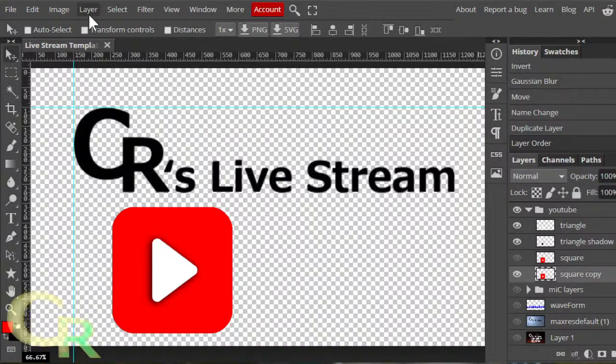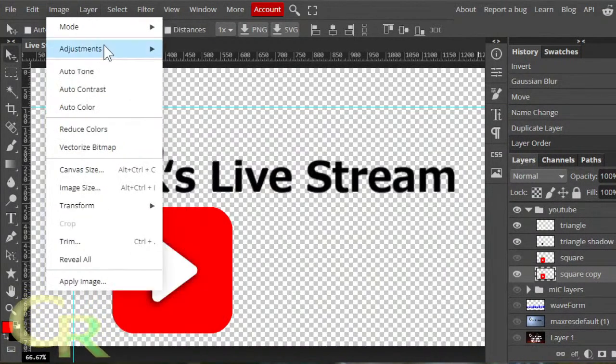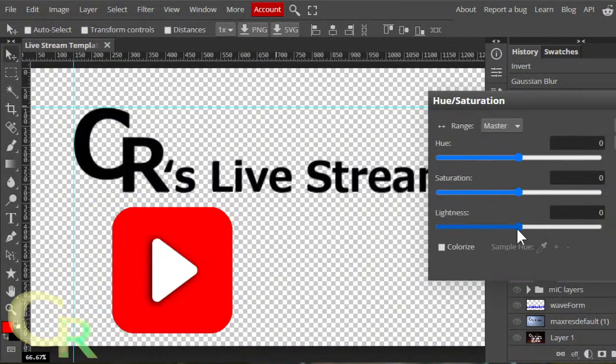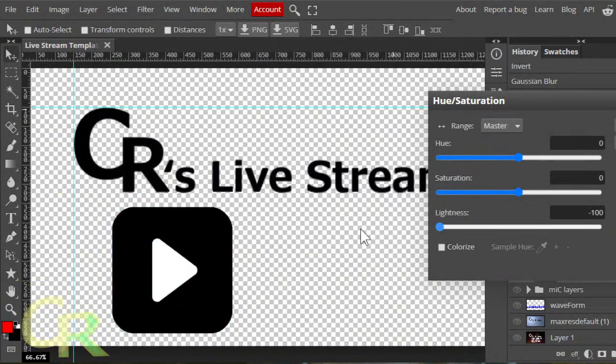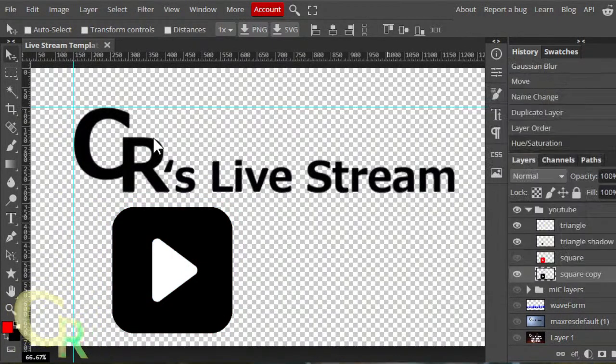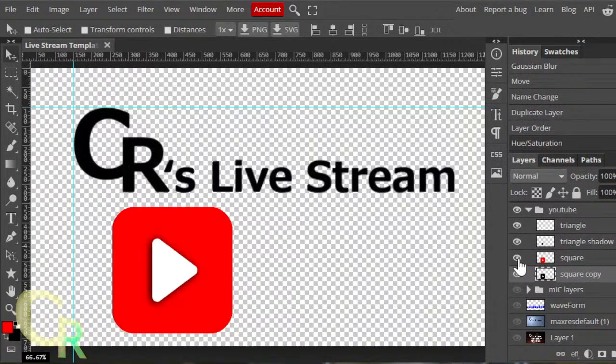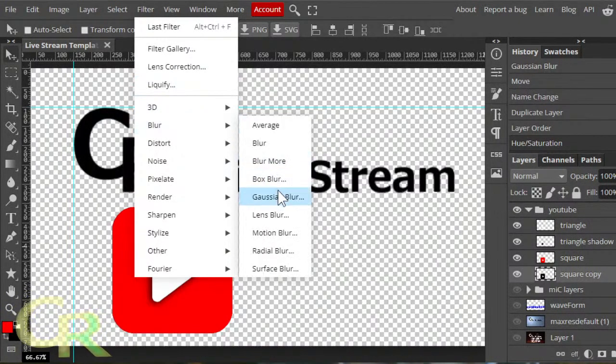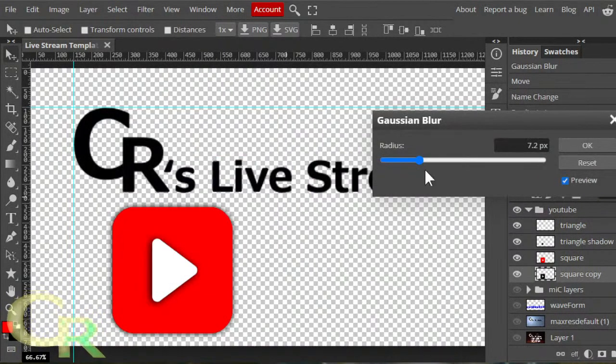This time I'll actually have to use hue and saturation. Turn the lightness all the way down, so a dark black color. Bring back and show the original one. Go to the square copy one. I'll just use Gaussian blur this time.